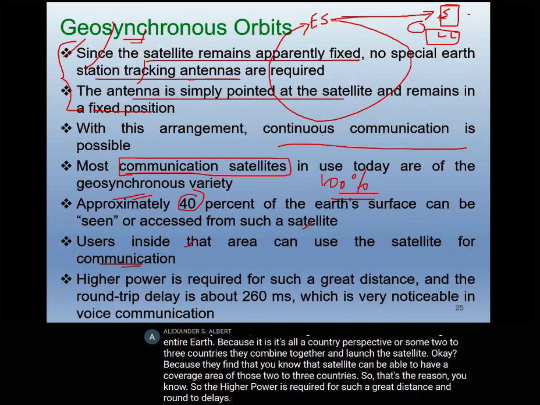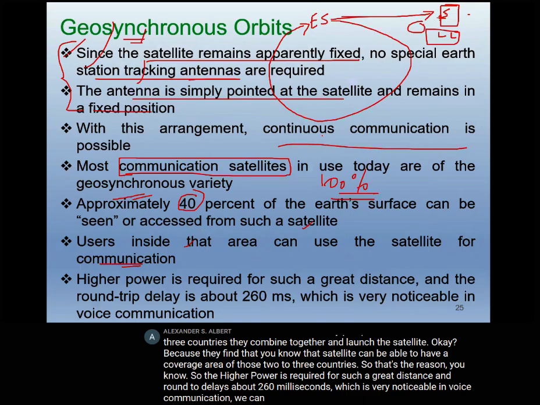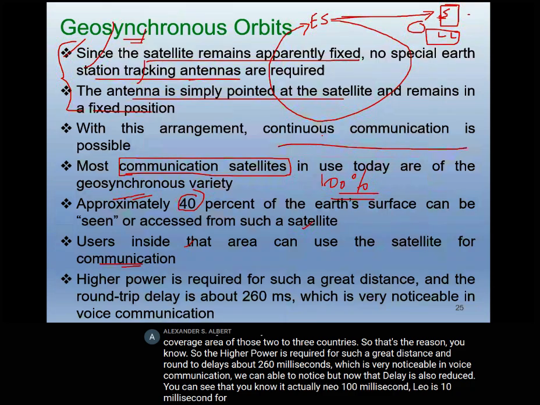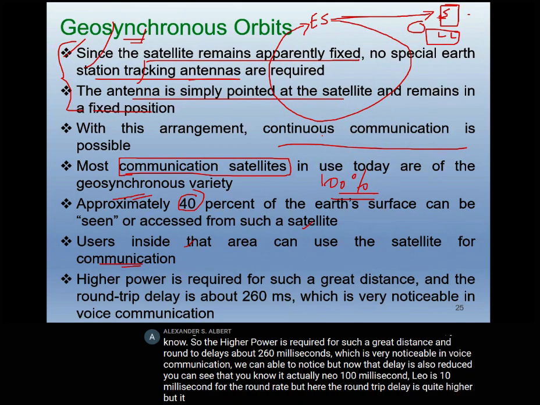and the round trip delay is about 260 milliseconds, which is very noticeable in voice communication. We can notice it, but now that delay is also reduced. You can see that MEO is 100 milliseconds and LEO is 10 milliseconds for the round trip, but here the round trip delay is quite higher. But it minimizes the cost of the tracking stations and it makes a fixed path